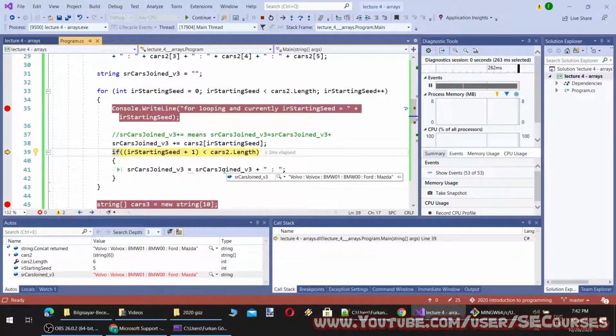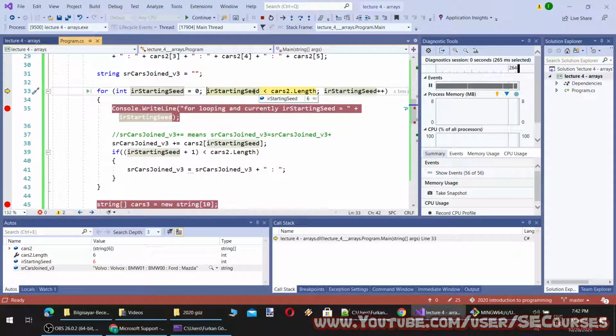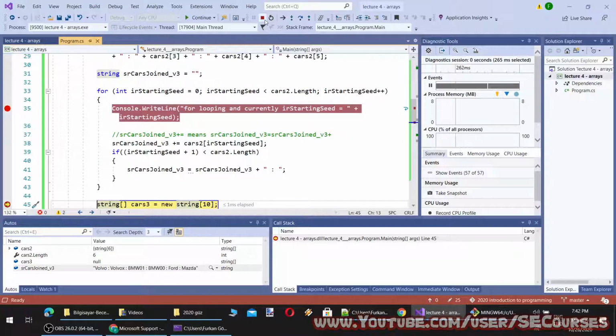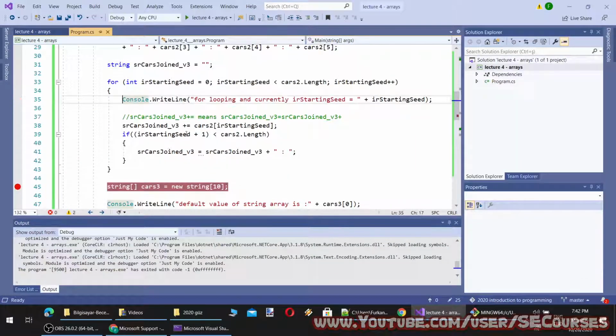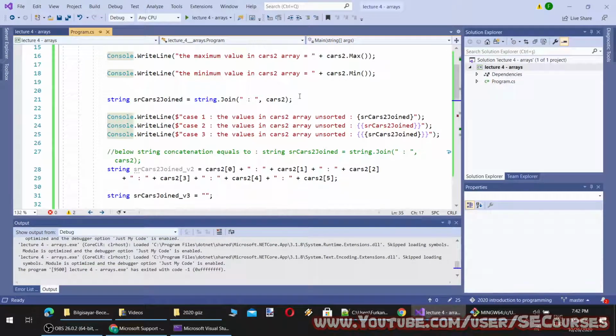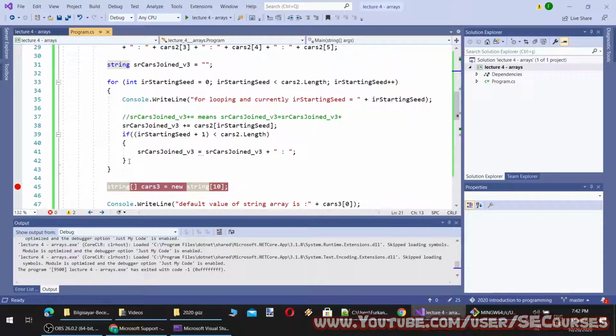You see it has added all 6 elements of the array to the string, and since seed becomes 6, it is no longer satisfying this condition. It is no longer smaller than the cars 2 length. Therefore, the loop ends. Okay, so you see, in this way we can obtain this string join effect as well, and we can make this work like this.